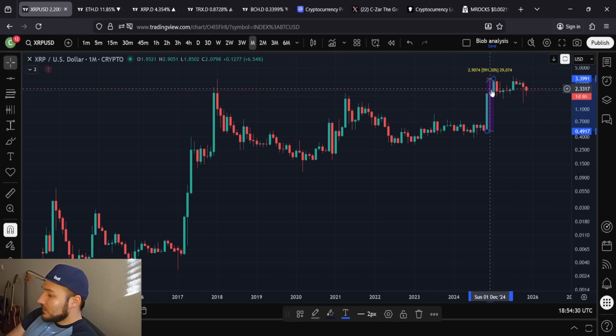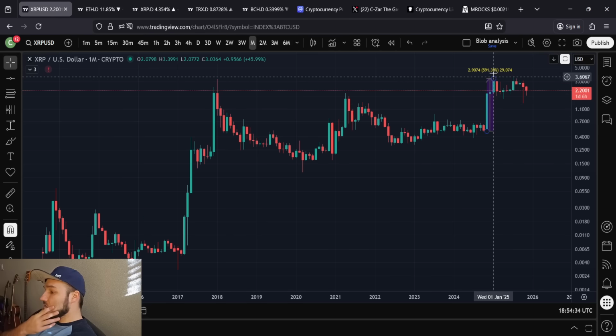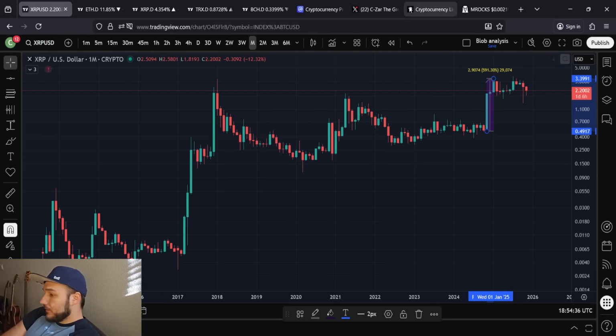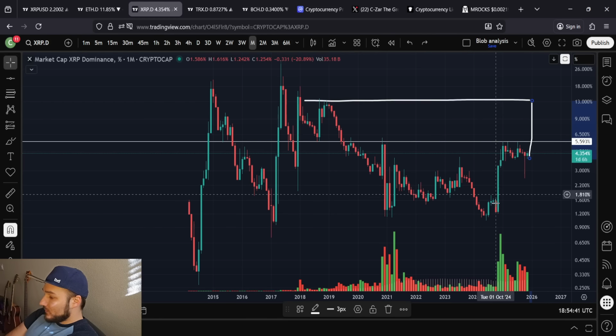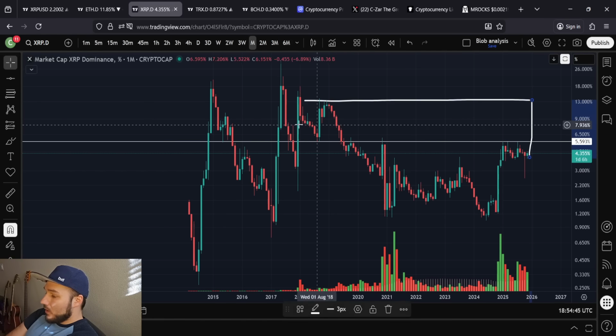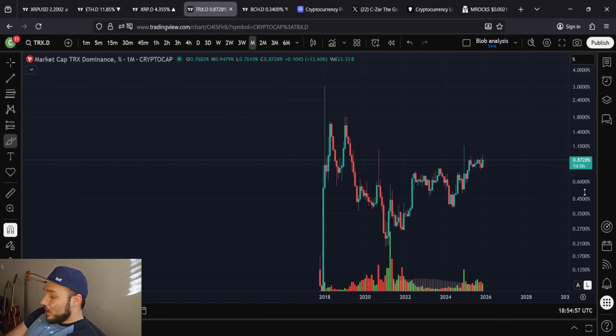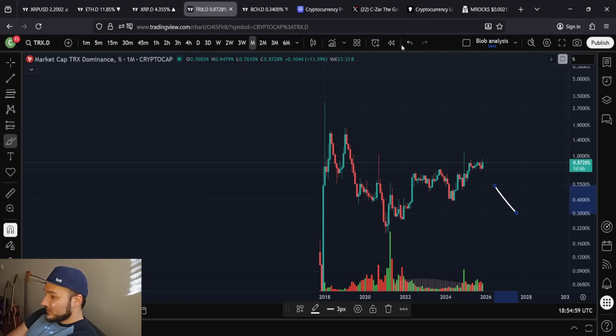But still, you did 600% in 3 months, and technically less than 3 months. Pretty damn good. That happened the last time XRP saw a move like this, and that exact move is the exact distance between where we are now and where our next resistance point is. So it might make sense that when we break out of this, XRP is going to see some phenomenal growth. XRP is right on the brink of a breakout, guys. Phenomenal. Moving on, Tron, TRX. Also, kind of in a consolidation phase of its own too, right?